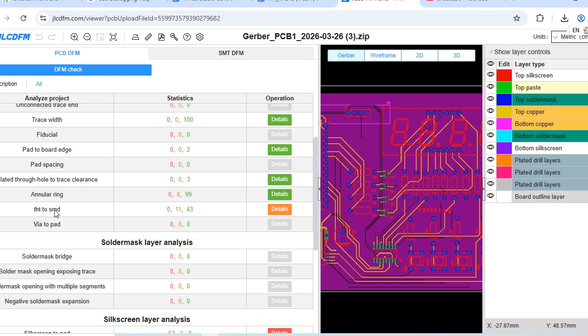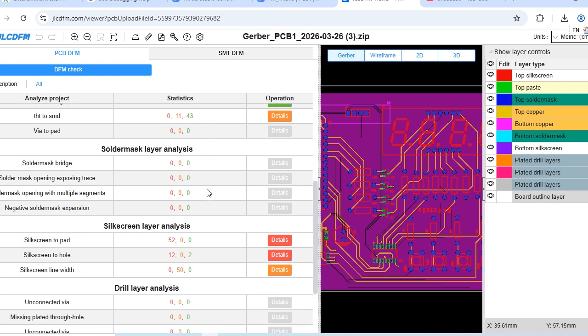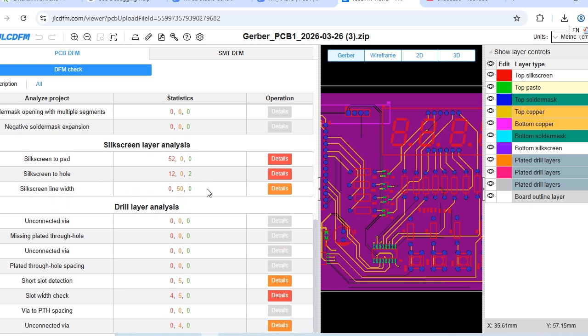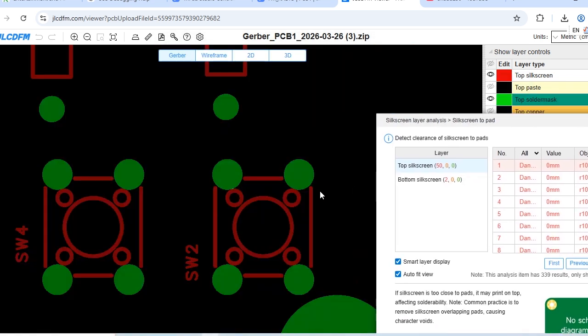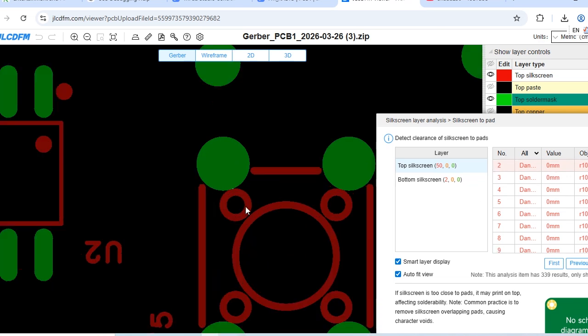You have the through-hole and the SMD. You have warning, right? You have the good and the warning. Eleven warnings, it's okay. As a designer, you sometimes don't care about the warning. And then we have a lot of dents here on the silkscreen to the pad. So you have to go to the data and then you check. And then if there is an error of yours, you can correct it. For example, here when you correct this one,